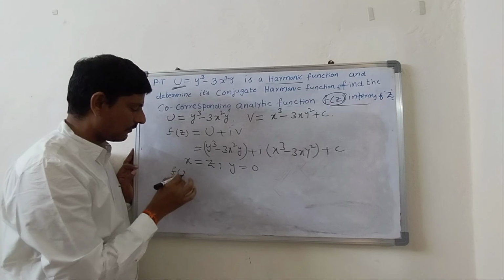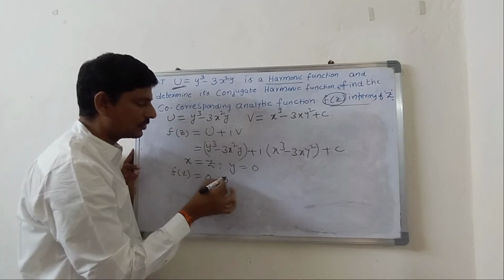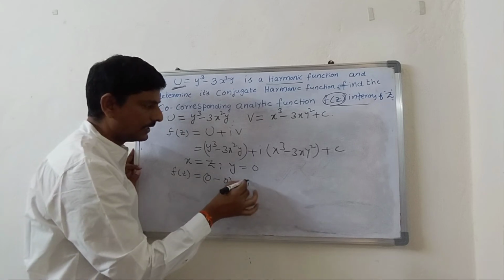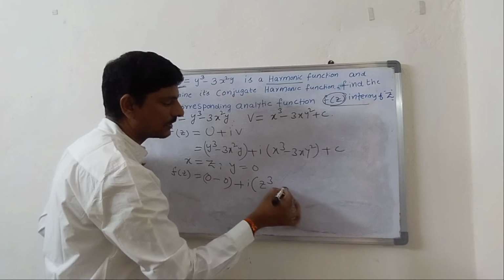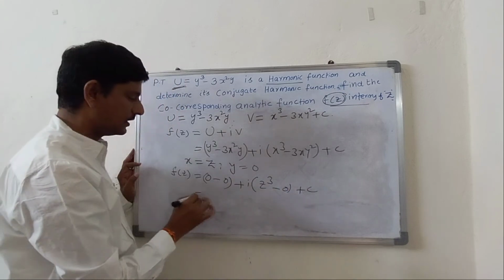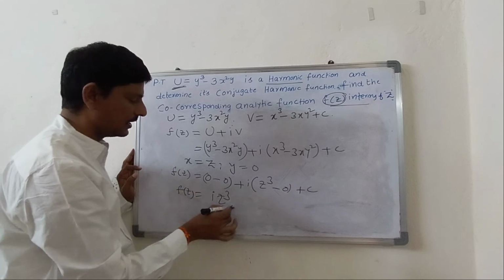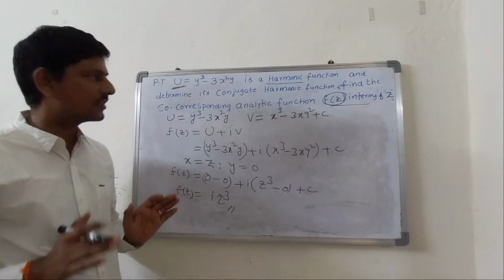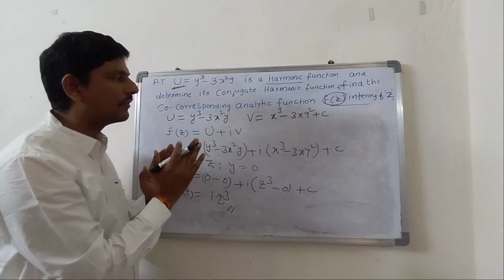Okay, so f(z) = y³, in the place of y 0, so 0 − 0, plus i into, in the place of x z, so z³ − 3 into y, in the place of y 0, therefore 0, so this is equal to iz³. So our f(z) is iz³. Clear? Right students, so this is the way of proving a harmonic function, finding the conjugate harmonic function,